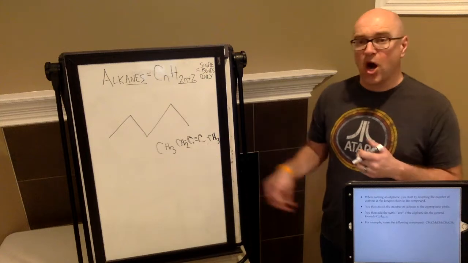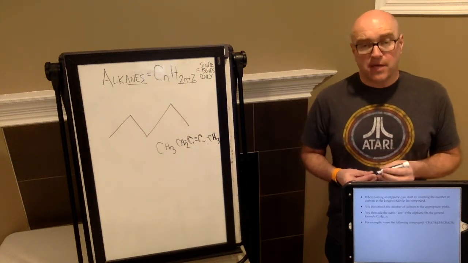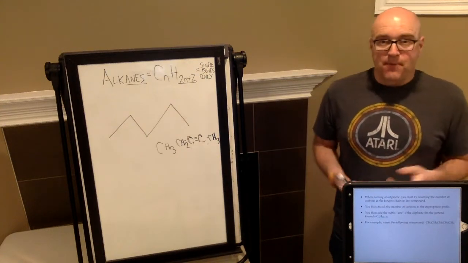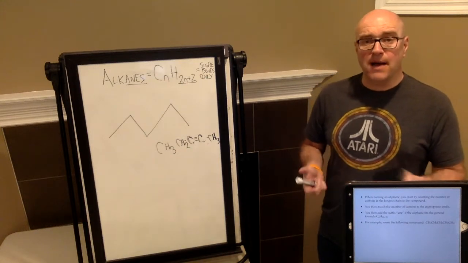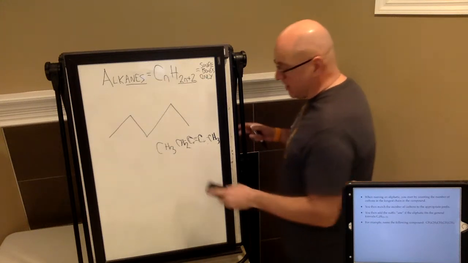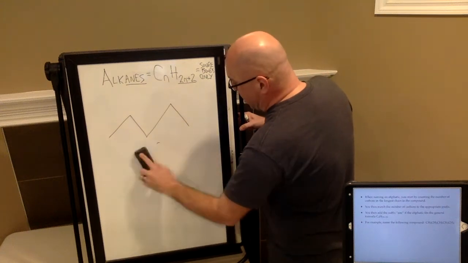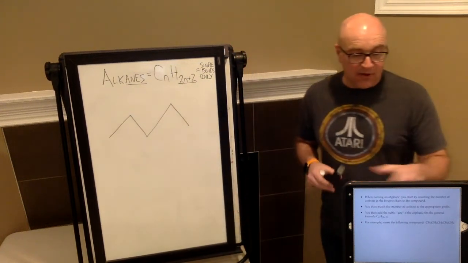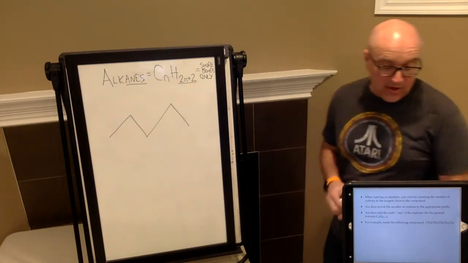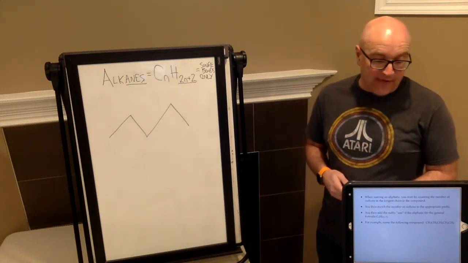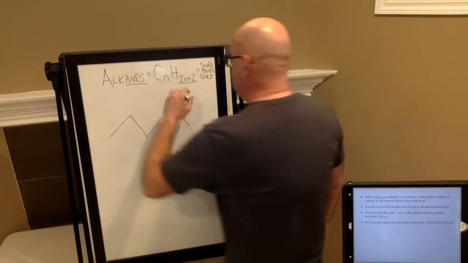There's no room on these carbons to bind to any hydrogen because there's in fact a triple bond between them. So by looking at the condensed formula, you can tell a lot about a hydrocarbon, an aliphatic hydrocarbon, and what the bonds are in there. But looking at this condensed formula, I can also see that it is C5, and I've got 5, 7, 9, 12 hydrogens. So I've got